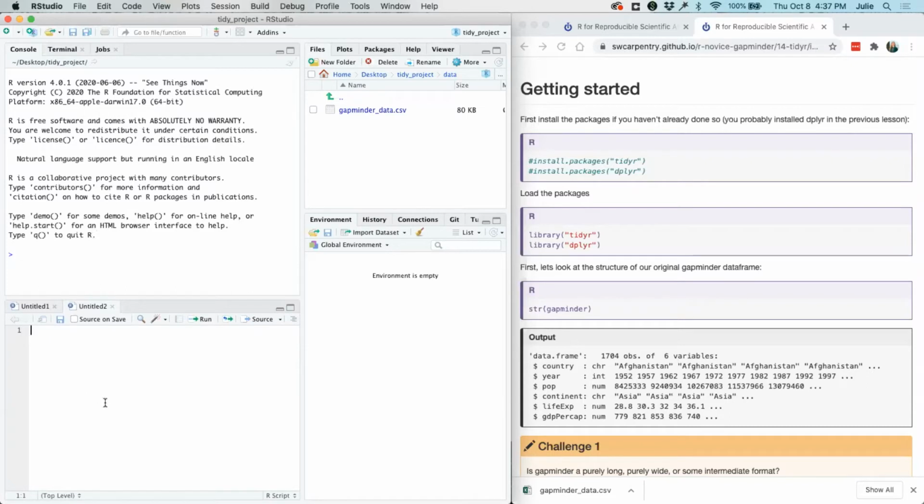And just as we get started, I just want to point out that I've added a source document to my RStudio console. And this is good because you can document what you are doing throughout the process. So this will serve as some documentation that you can reference, share, go back to, and hopefully you've documented all of the steps that you've taken, in this case, to clean up your data, make it tidy. You could also use this for any data analysis that you're doing. So I'm going to work within our source pane, and then run things within our console.